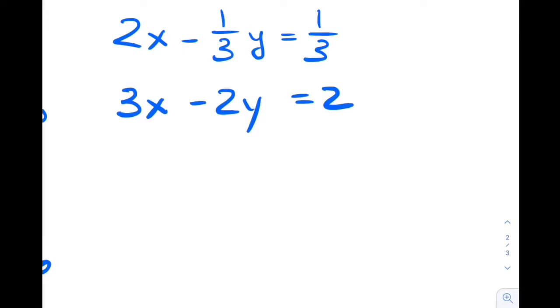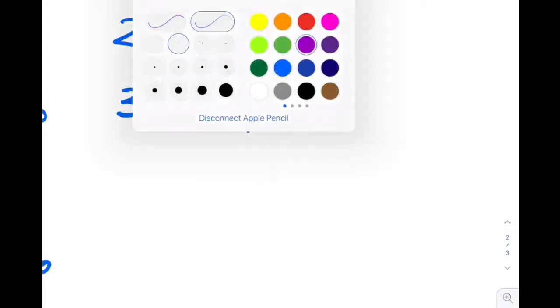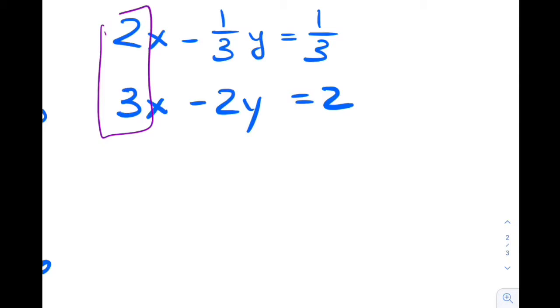Or maybe you say, well, I want to get the same coefficient in front of, let's say, one of the variables. Let's choose, I don't know, the first one. Doesn't really matter. I know that a common multiple of those is 6, which means I'm going to be multiplying the top equation by 3 and the bottom equation by 2, so that I'll get the same coefficient in front